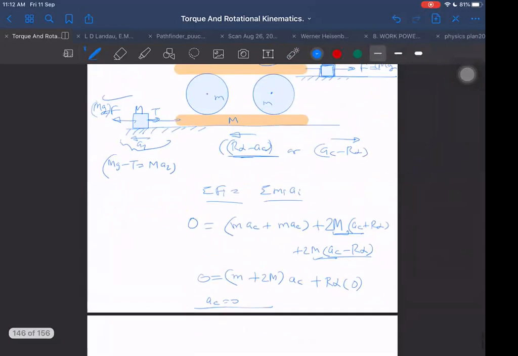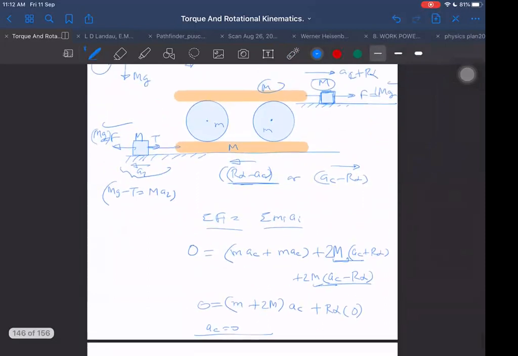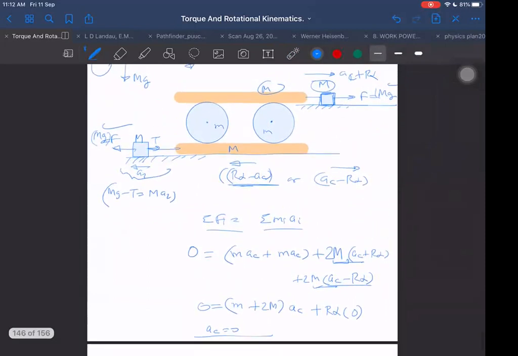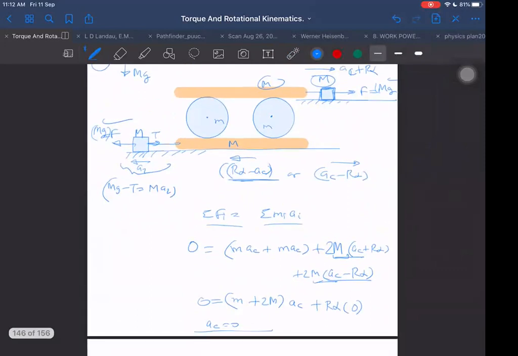And once we know that, then the things become much more simplified now. Now I will be just getting which acceleration I want. I want the angular acceleration. I can now do it by the torque equation also, or not? Torque equations we can. About which point can I take torque? In the ground frame only I can take now. In the ground frame, if I take torque about this, then